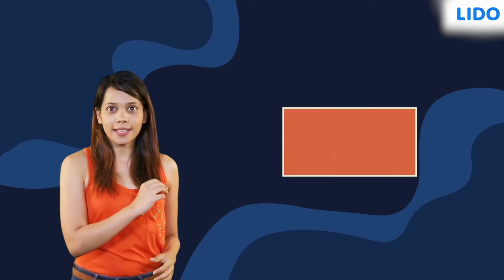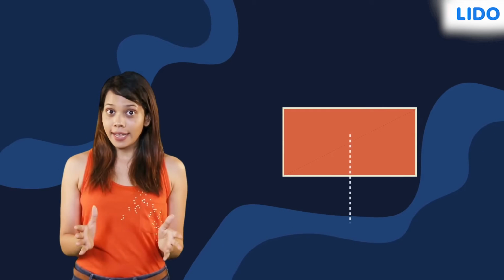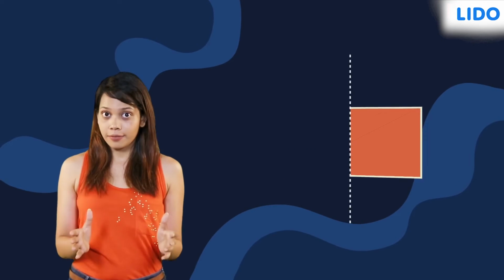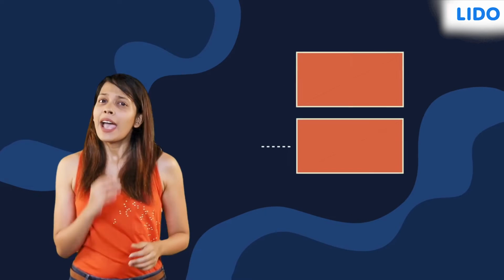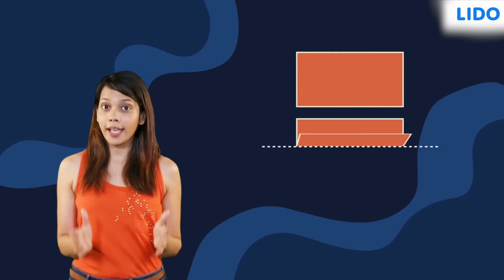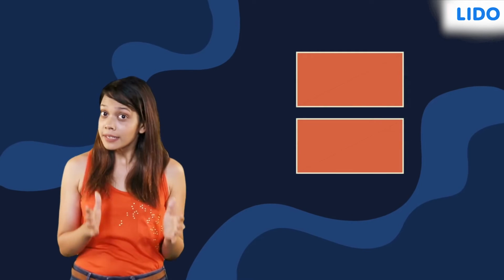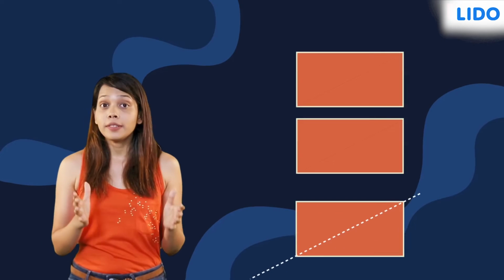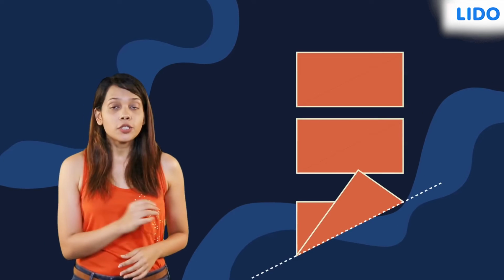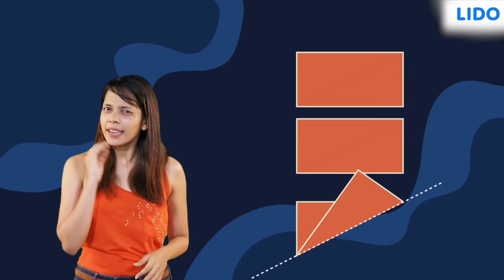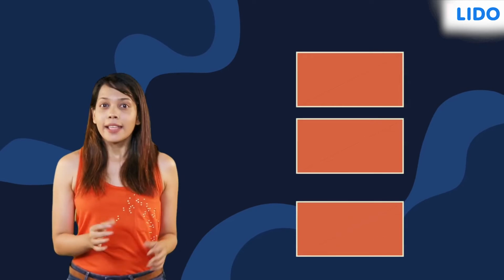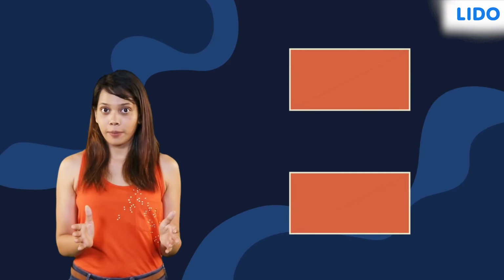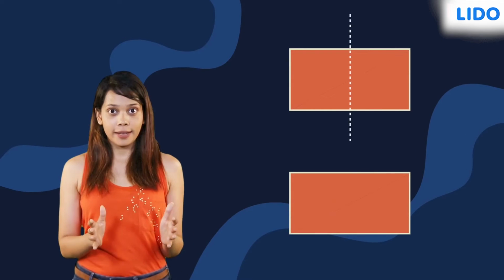Let's try with this cutout. We can fold a rectangle to get two identical halves across a vertical line and also along a horizontal line. The two halves thus formed overlap each other exactly. But when we fold the rectangle diagonally, the two halves do not meet each other exactly. Thus, we conclude that in a rectangle, there are only two lines of symmetry, one which runs vertically and the